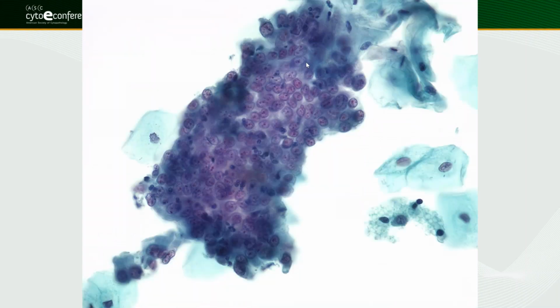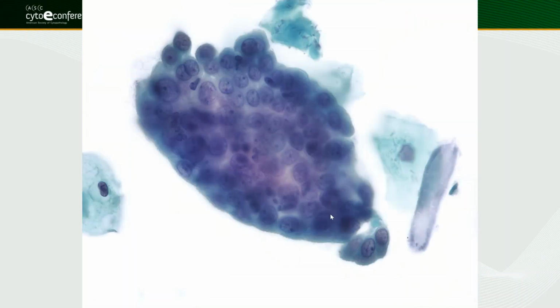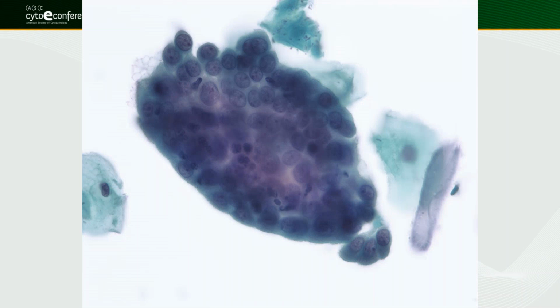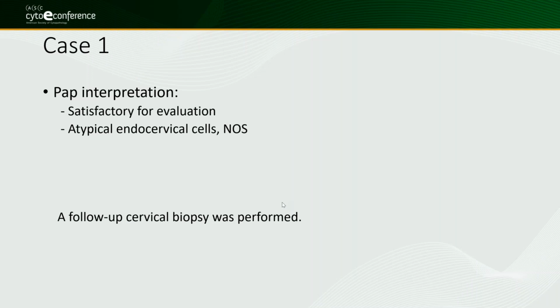And so this is more or less a flat sheet. And then we found another group of really columnar and really nice cells with terminal bar and cilia. This is another group, and using different focus, you can focus up and down, you can see terminal bar and cilia. So really we should have just called it